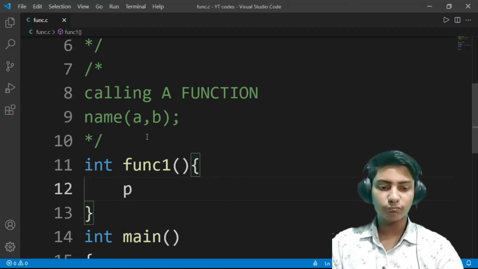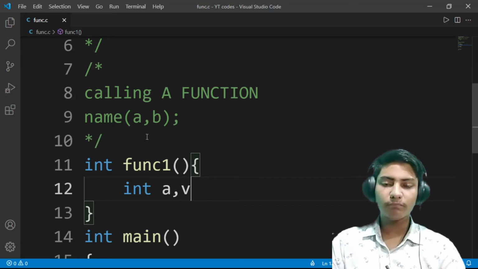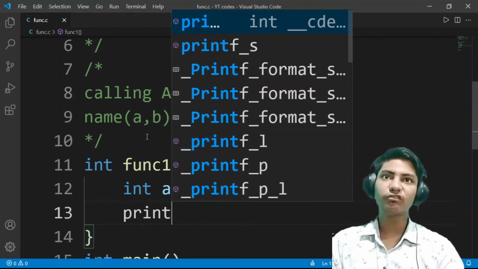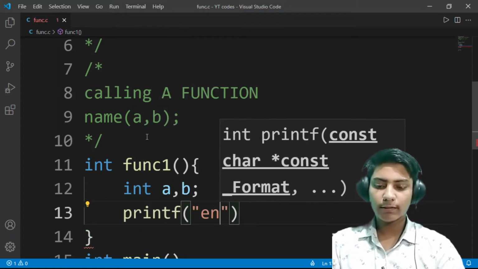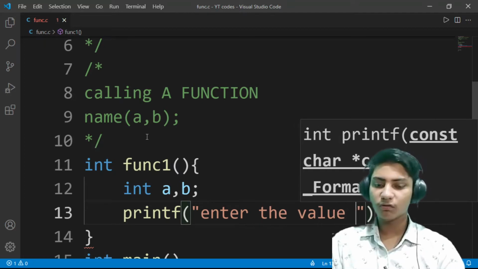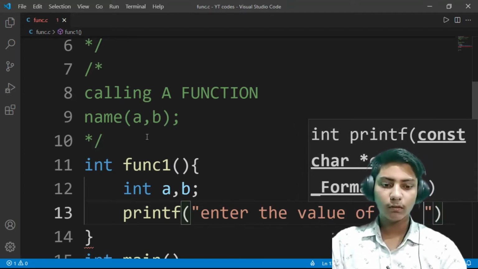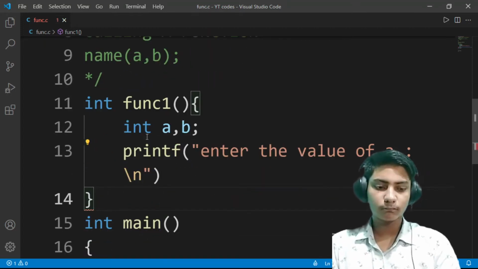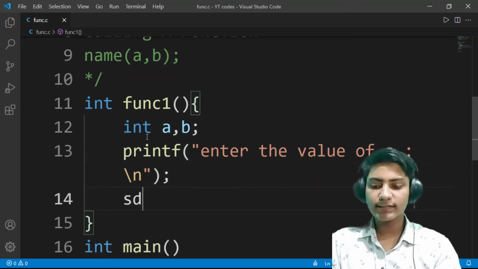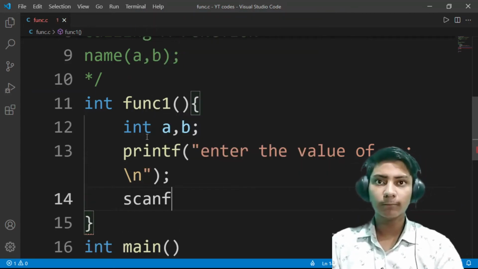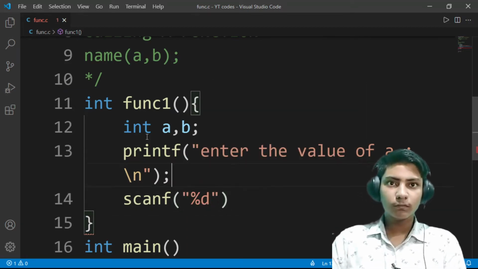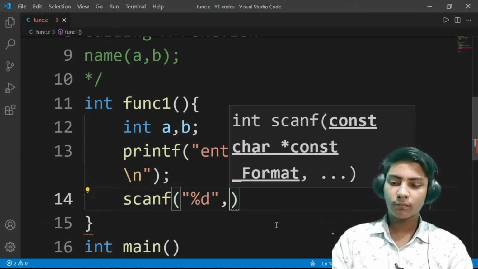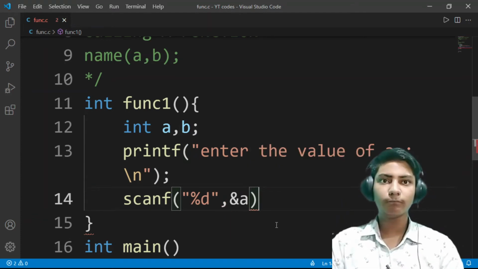First declare the variables int a comma b, and then the printf function, printf, enter the value of a, new line character here, and then semicolon, and then scanf function to scan the value of a, percentage d here, and ampersand a, the address of a.